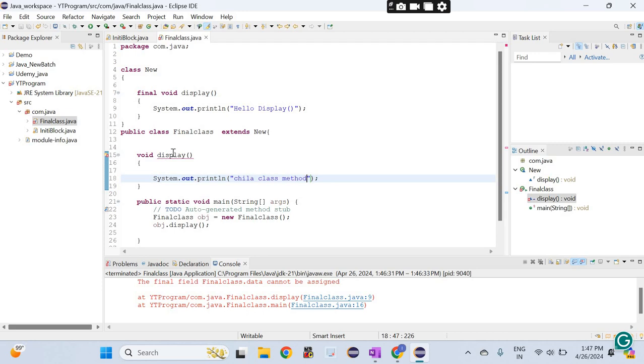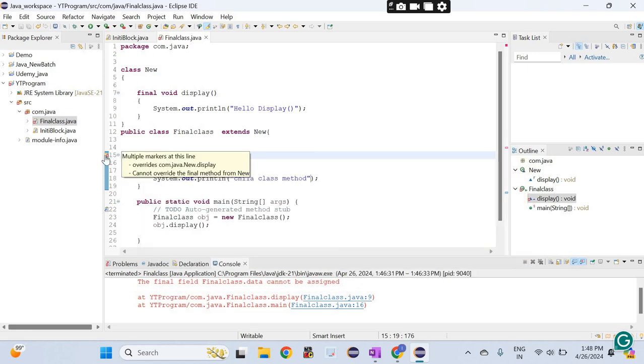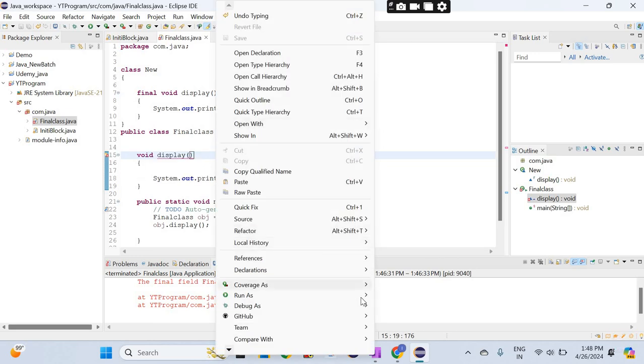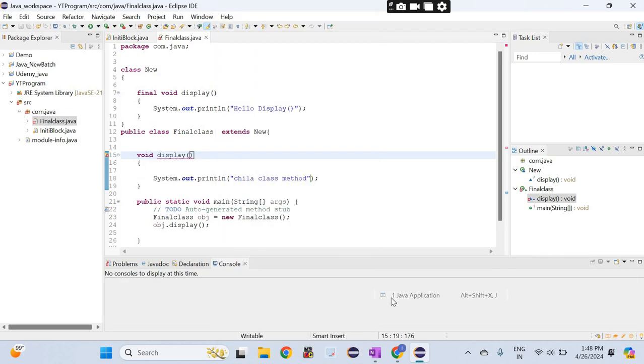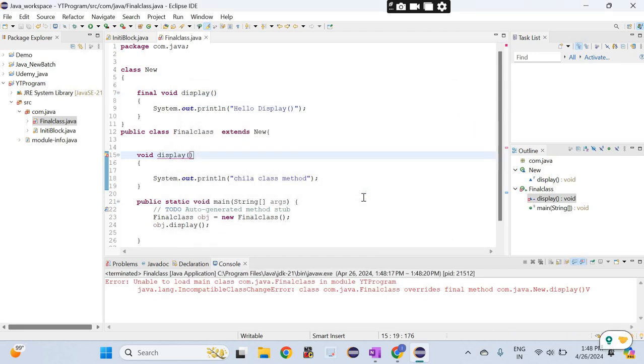So you can see the error it's showing here. If I compile, it will give the same error: remove final modifier of New.display, because you have already used override. com.java.New.display cannot override the final method from New, because it is final. So you cannot override the final method if you are declaring any method as final. Although if you try to do it, it will give the compile time error. You can see the same error you are getting here.